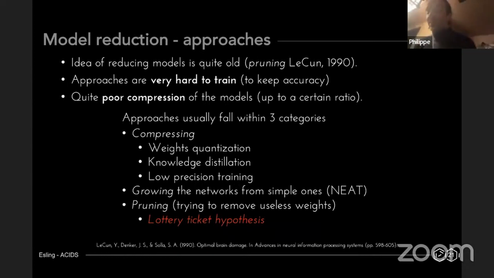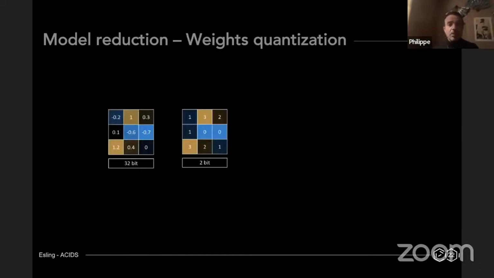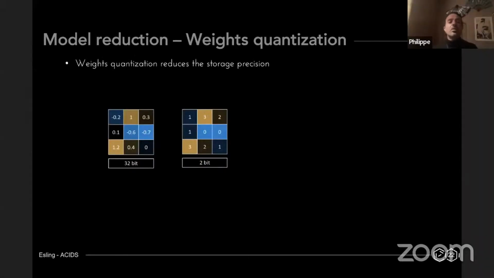And I want to stress one thing we've been working on, which is called the lottery ticket hypothesis. Even though I'm not sure it's the best solution to this problem, I think it's super beautiful. So I guess it's worth looking at least. For model reduction, the first thing you can do, let's say you have a big network, is just try to quantize the weights.